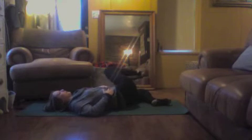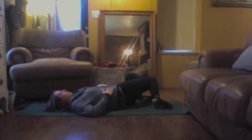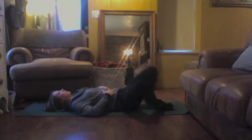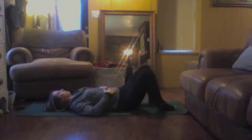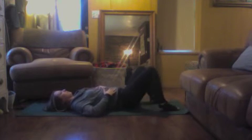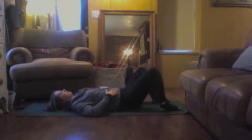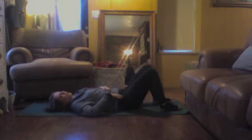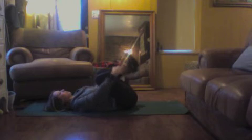Good. Unraveling the legs. Let's bring them back to center and then just find a couple windshield wiping motions. Really letting gravity flop the knees back and forth, so not resisting the momentum. Good. When that feels finished for you, pull the knees back in toward the chest, grabbing ankles, outer edges of